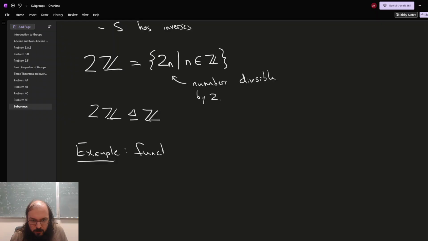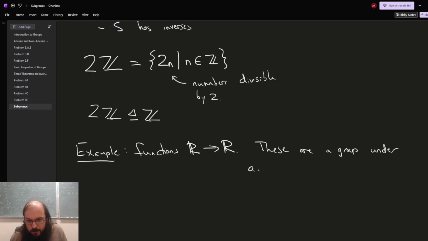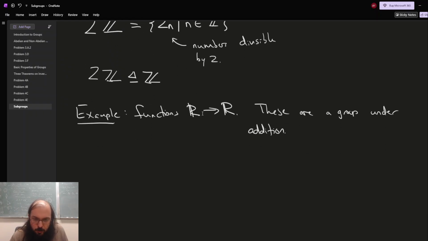Let's look at functions from ℝ to ℝ. These form a group. In particular, the group will be under addition, so we'll use additive notation. Let's check really quickly. First off, is it closed under addition? Yes. Given two functions ℝ to ℝ, f and g,